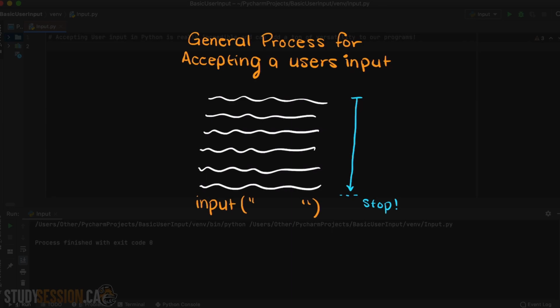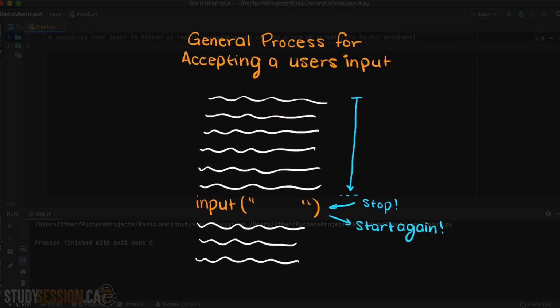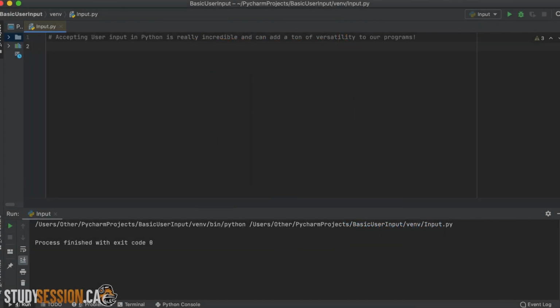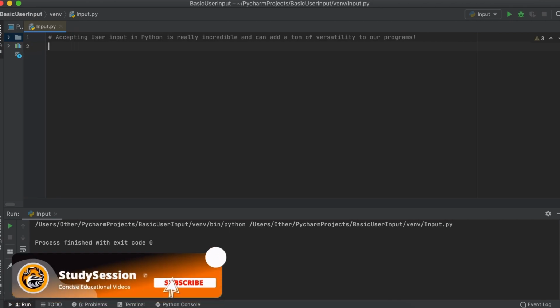When you hit the line asking for user input, your program will stop and prompt the user for an input. The user will make an input. After the user enters this input, the Python program will begin going through the remaining code. I should note that after Python takes the user's input as a variable, you can use it for whatever you wish, whether that be for a print statement, an if-else statement, or really anything else you can think of.